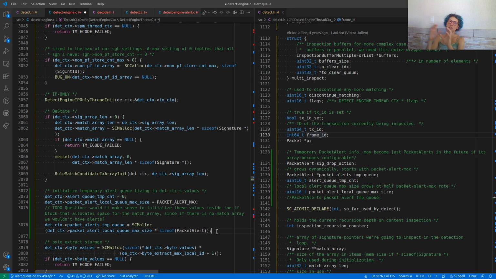We are storing an array or a queue of packet alerts. So it has to be as big as packet alert local queue max size, which is huge as a name, times whatever size packet alert has. Am I happy with that? I think so.